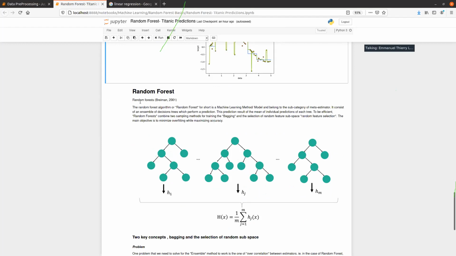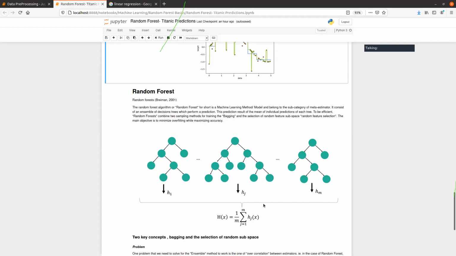And what random forest basically is, is what we call an ensemble method, in which you create different estimators. So in our case, you create different decision trees, and then you take as prediction at the end an ensemble of decision trees, or an ensemble of predictions, in order to perform the final prediction.